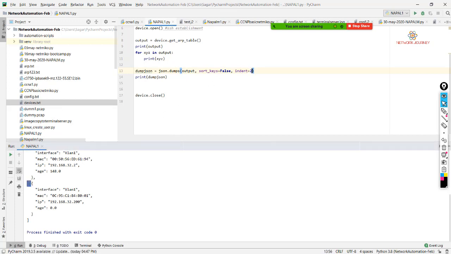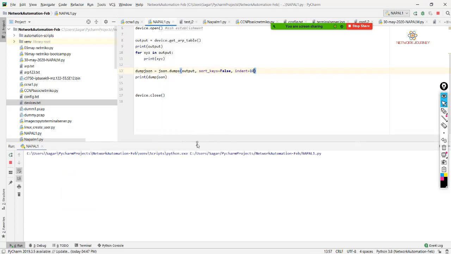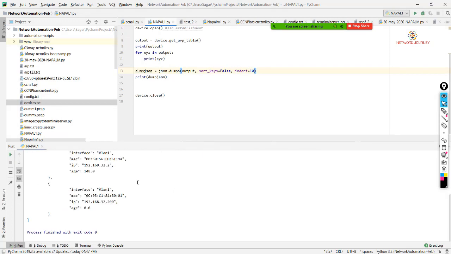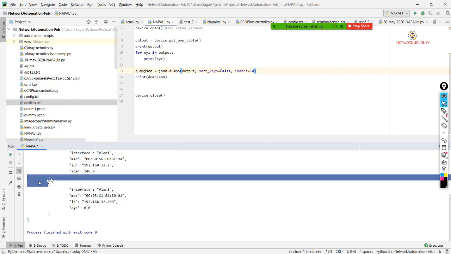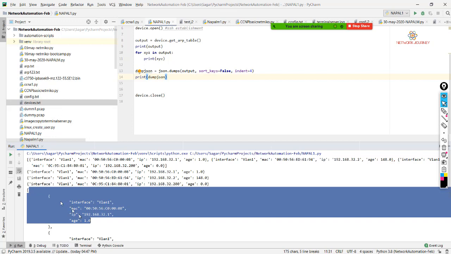Let's say I want spaces of 10, so you will see the change now. See, this is how the spaces are going to increase. Just to give you better readability, I would prefer keeping it at 4, because that's the standard, and you can have all the proper tree structures.